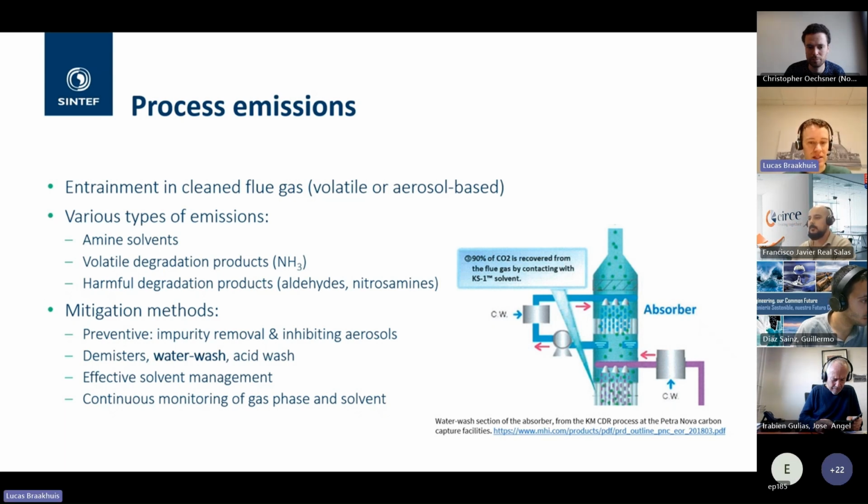Then there's a range of demisters that can be applied to remove aerosols. And we typically also see water washes being implemented, and in some rarer cases, acid washes. In the figure on the right here, there is an example of a water wash. You can see the purple inlet here. This is the top of the absorber where the solvent is entered. And in addition to the structured packing below, there's an additional section of packing where water is circulated. And so the gas is brought into contact with this water, and so